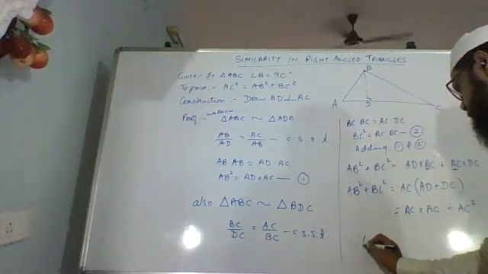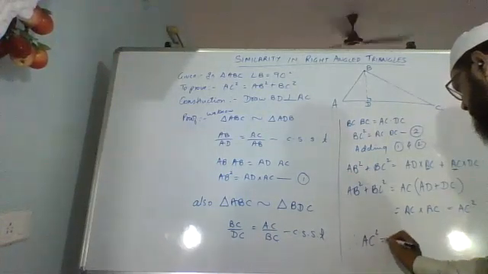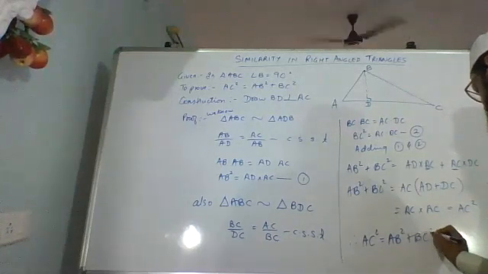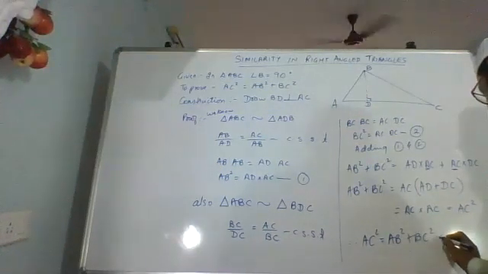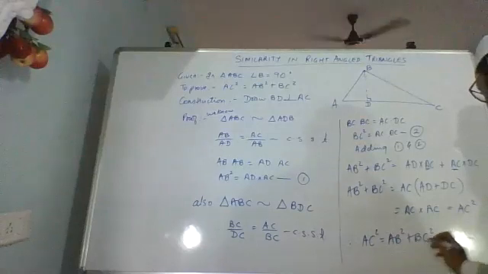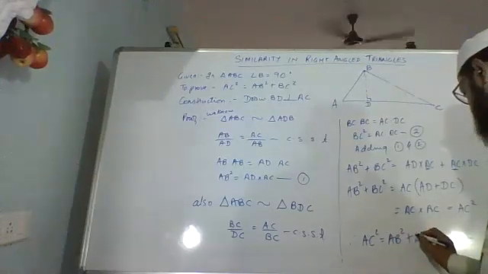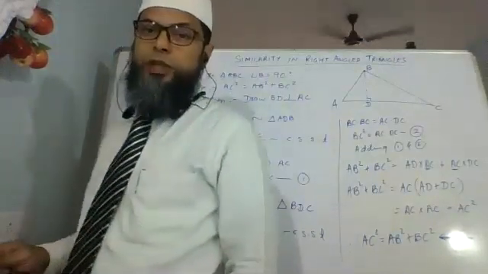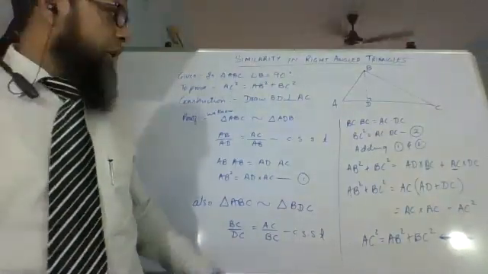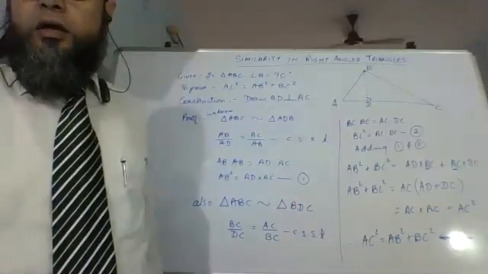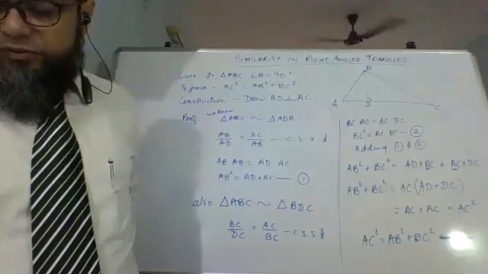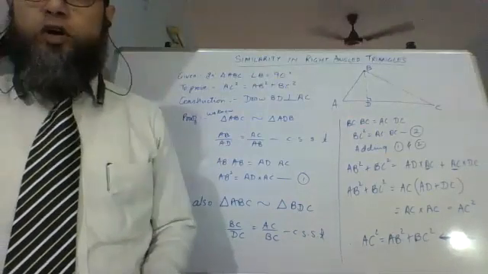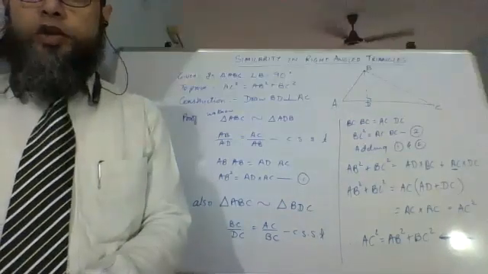So that is what we have to prove. Therefore, AC square equals AB square plus BC square. That is what was our proof. This is your Pythagoras theorem. Of course, you have been using this theorem since 8th standard or maybe even before that, but for this standard is when we have the proof. We had never done the proof before this. So please copy this. Then we are also going to see the converse of this.